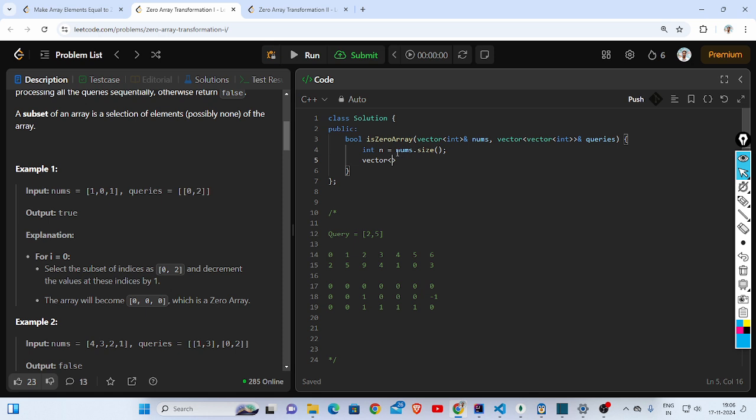Let's have a prefix again of size n+1. Now for every query we are updating the prefix. So let's have a queries iteration: prefix of which particular index, the lower limit, incremented, the upper limit +1, decremented,